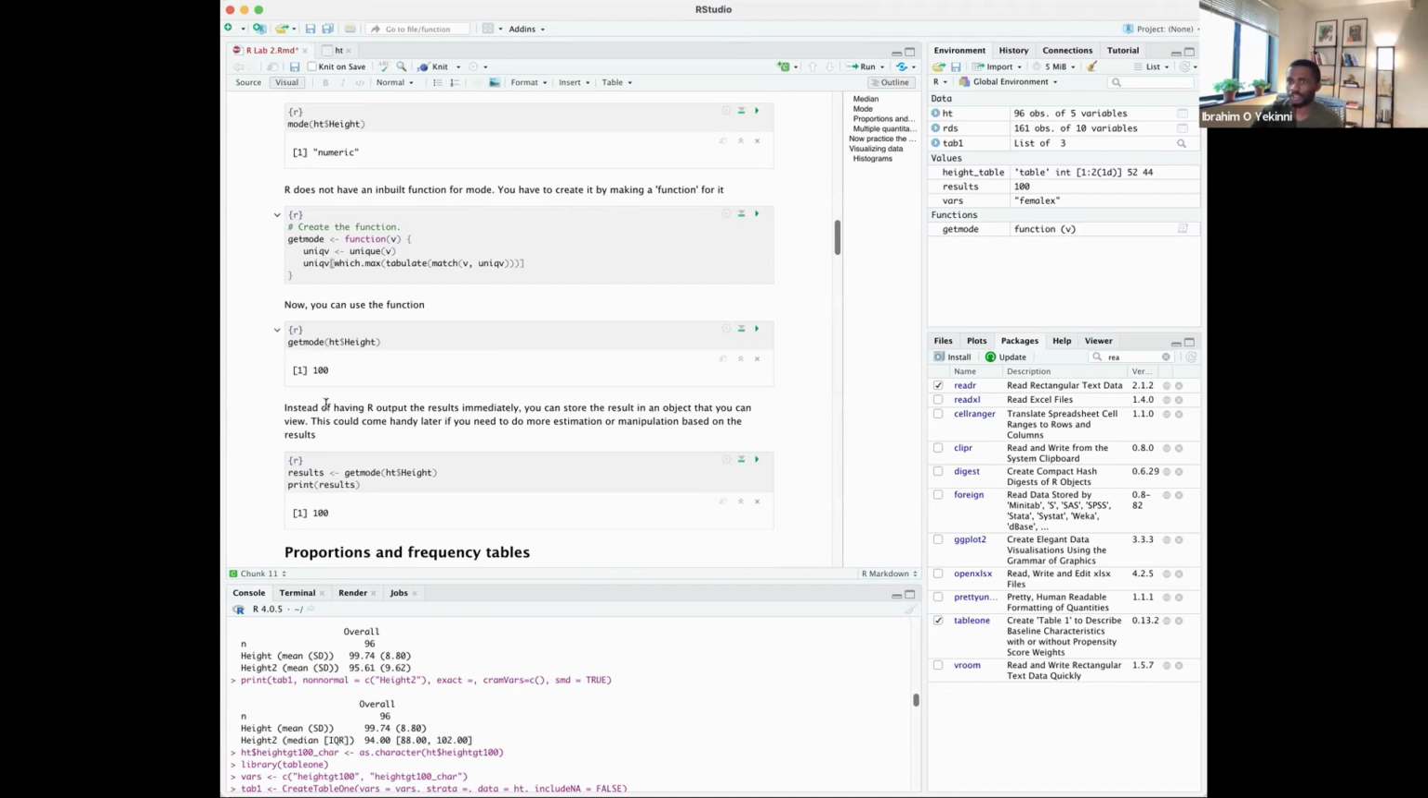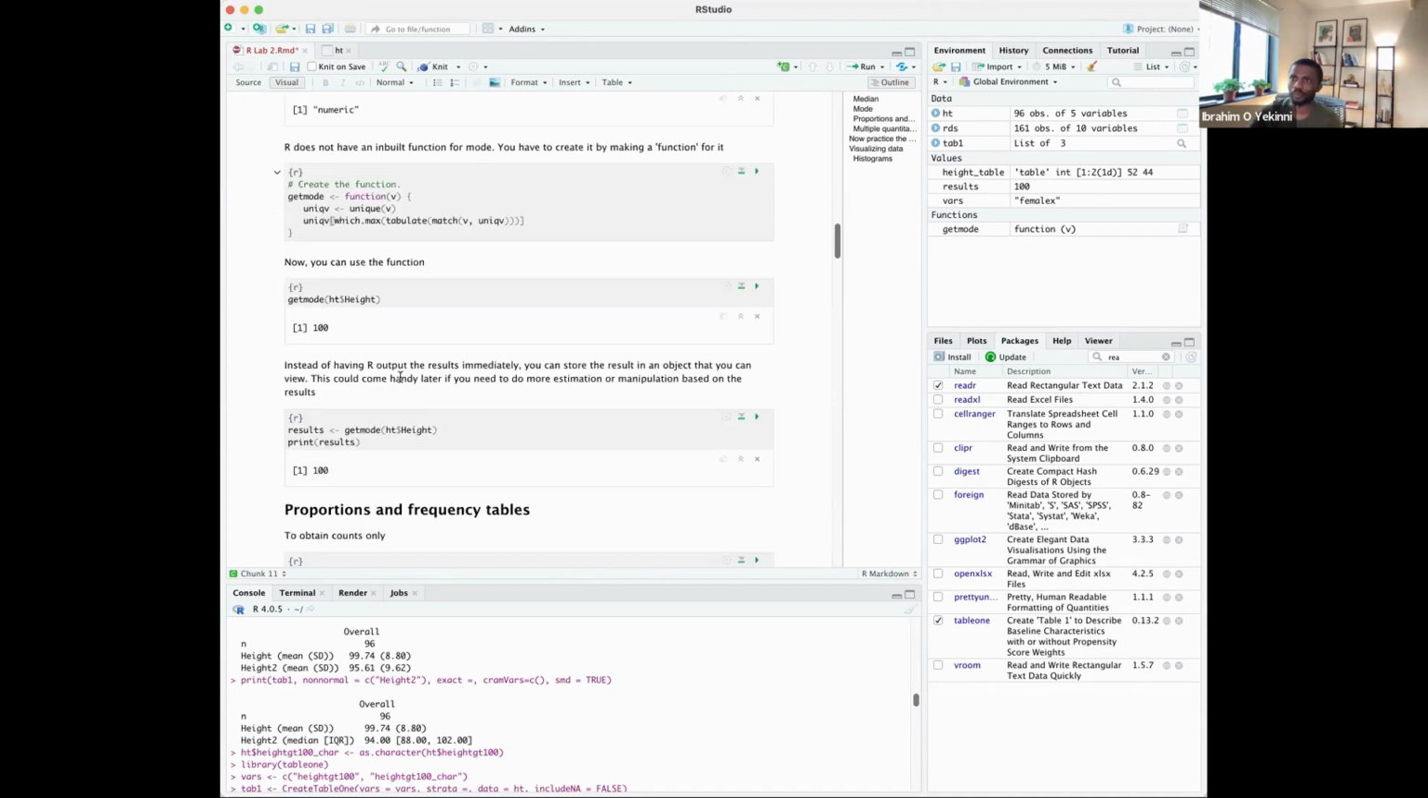The extra thing we can talk about here is that now you created this function getMode, you use it to generate the statistical mode for the height variable within your HT data set. Instead of outputting the results immediately, you can actually store that within an object, like a new variable or